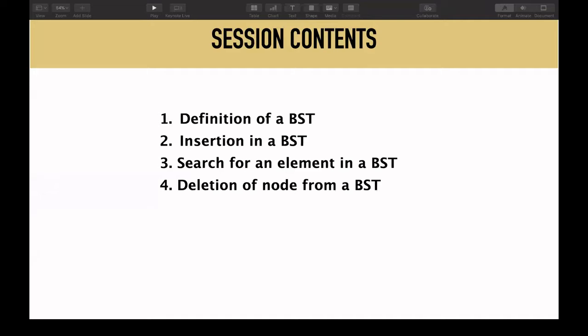BST is actually a very vast topic. There are also many topics which are a sort of derivative of BST, like data structures such as AVL trees and red black trees, which perform some operations more efficiently. But they are really advanced data structures, and it's not possible to cover all of them in this course. So if you want to learn, you can learn about them. There are AVL trees and red black trees, and there are a few other trees also, though I don't remember the name. You can learn about them if you want to.